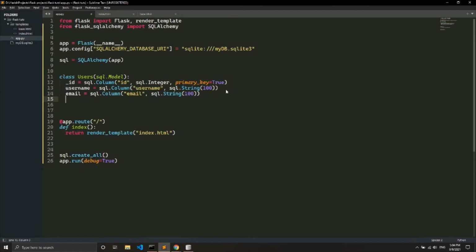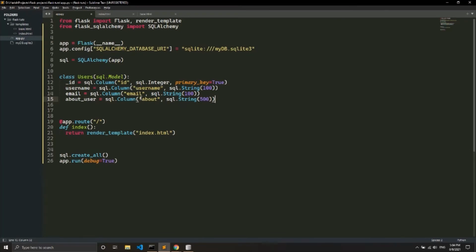Then I will create something called about user, with dot column, and this will also be a string, and it will be of 500 because it's a description. And so we have created all these columns here.